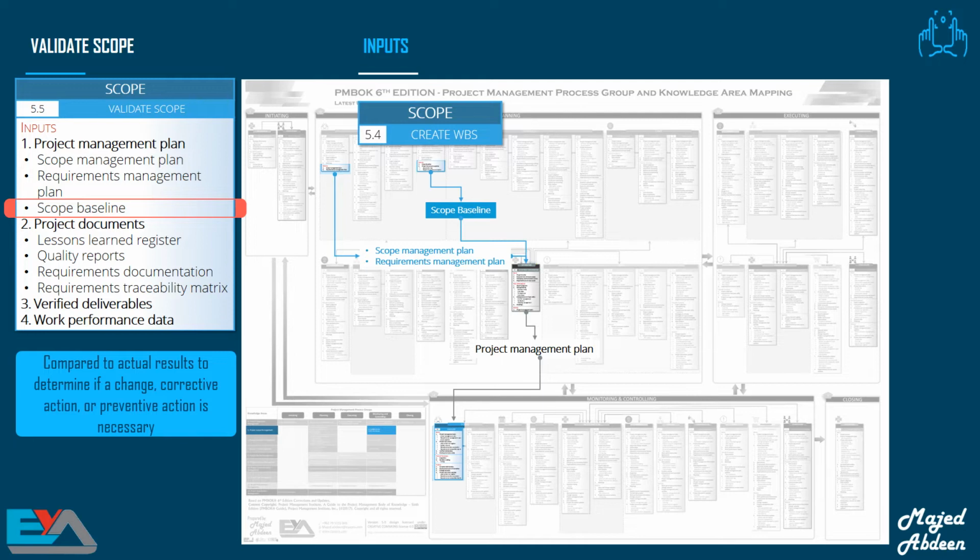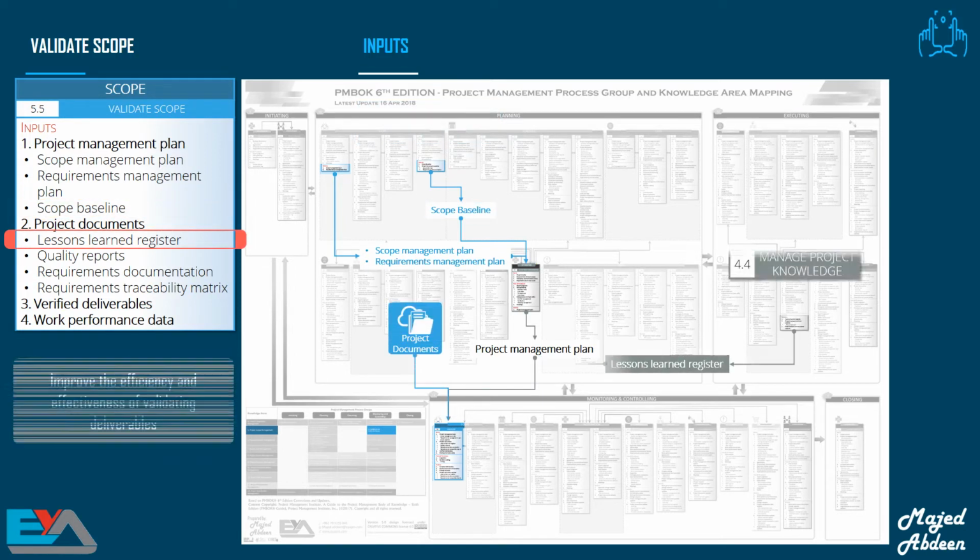Regarding these terms, you will hear them all the time in most of the processes. I will explain them in detail in the Perform Integrated Change Control process. However, to help you understand quickly, a change is a modification to any formally controlled deliverable, project management plan component, or project document. Corrective actions means actions taken to bring the project back on track, so it realigns the performance of the project work with the project management plan. And the preventive action makes sure that we stop any problems happening before they occur, so that the project stays on track in the future according to the project management plan.